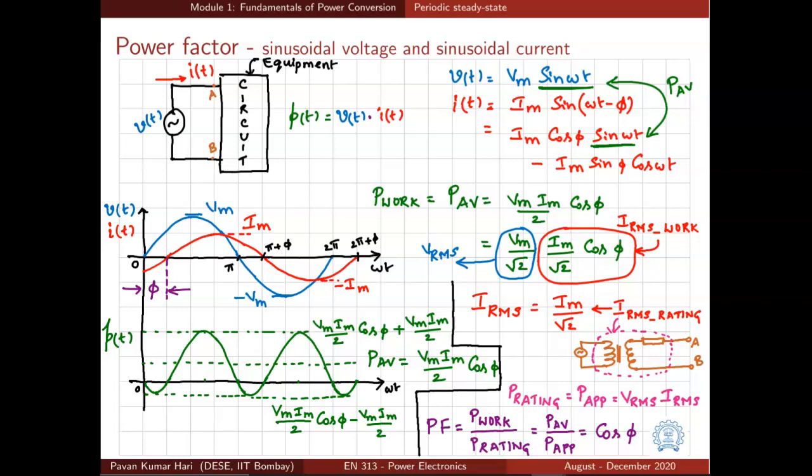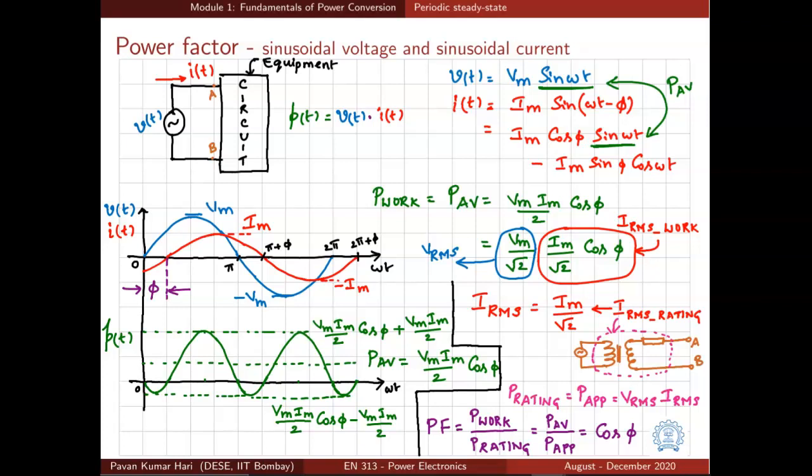Having learned the fact that only certain specific components of voltage and current contribute to the transfer of finite average power or energy, it will be good to understand the idea of power factor. Let us consider a sinusoidal voltage source V of t connected to a circuit which is inside an equipment, and